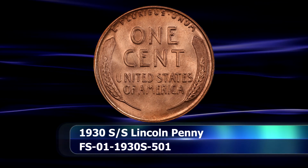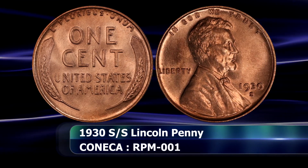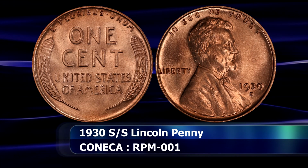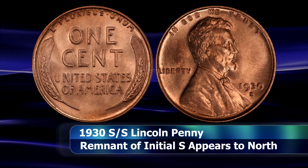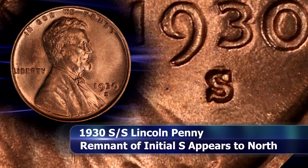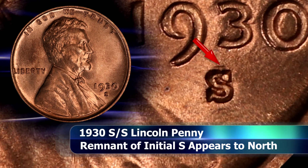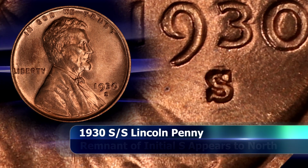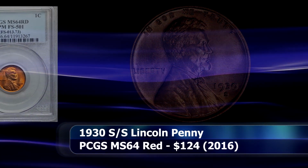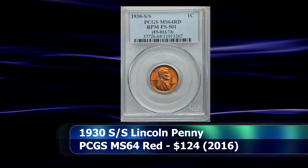S coin, and yes, it is in fact another repunched mint mark. For this coin, the final placement of the S was directly south of the initial striking, and the result is that the top of the secondary S can be seen directly towards the north of the primary mint mark. The effect is quite unmistakable, but can be more subtle at times as well. In 2016, an MS64 Red graded coin from PCGS was sold at auction for the amount of